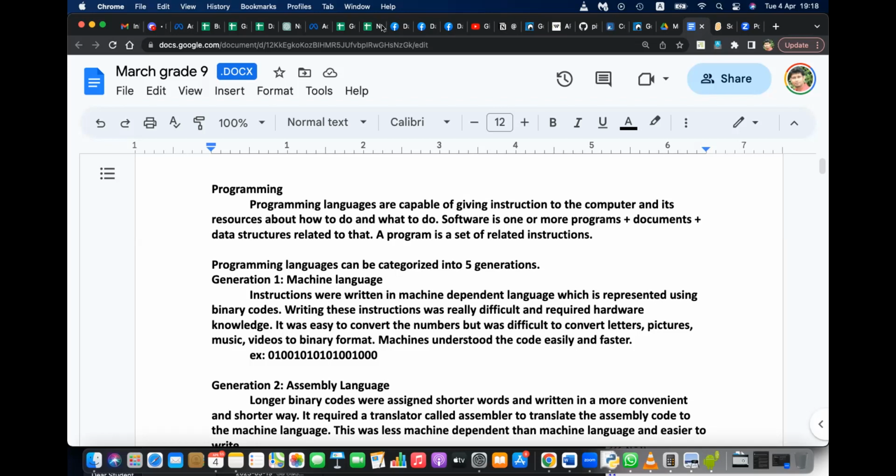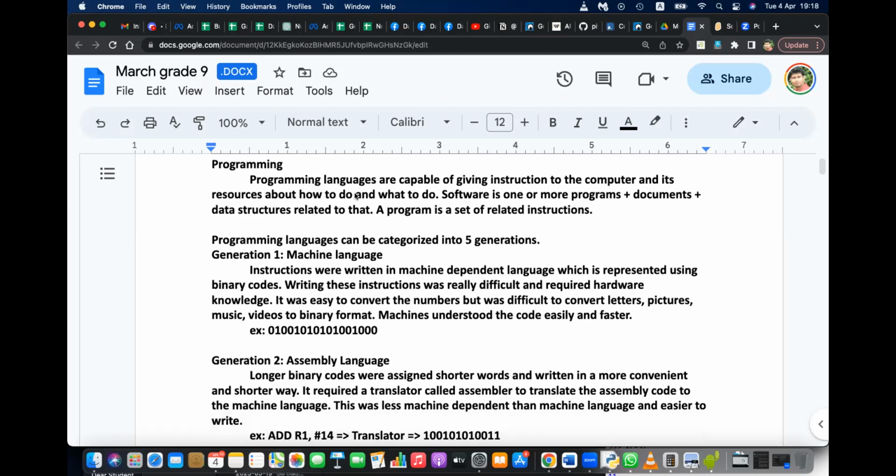And another thing we are going to do is remember what programming is, what coding is. In the first generation programming languages, coding was very difficult. This was done by mathematicians and